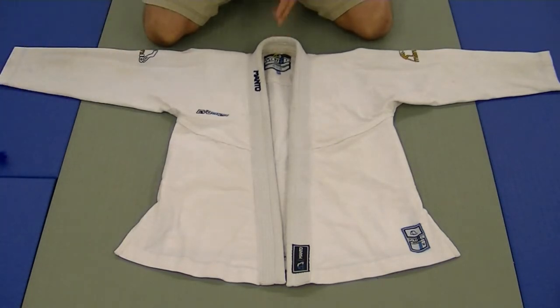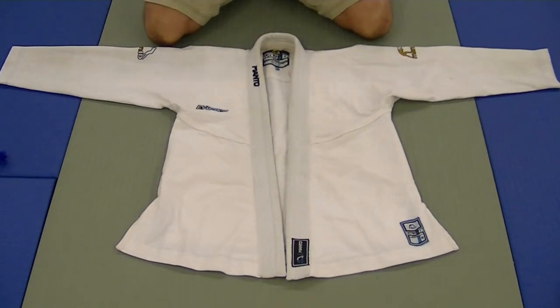Okay, so first let's talk about the fit, then we'll talk about the durability a little bit, and we'll wrap up with the cool factor, okay? So this gi, out of the package, before even a wash, fit me like a glove. It was amazing. The sleeves, again,